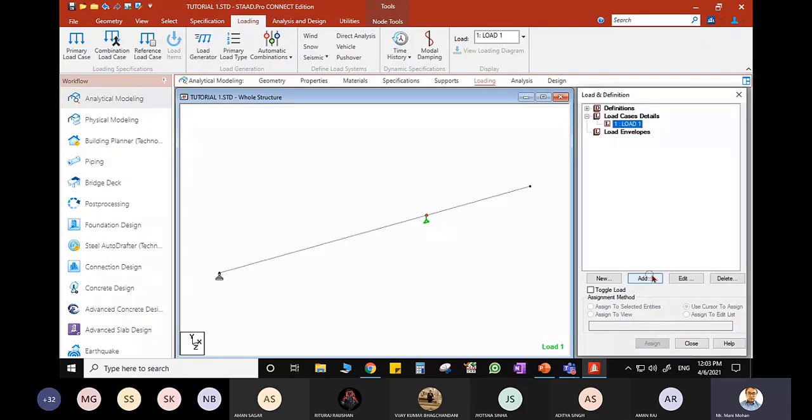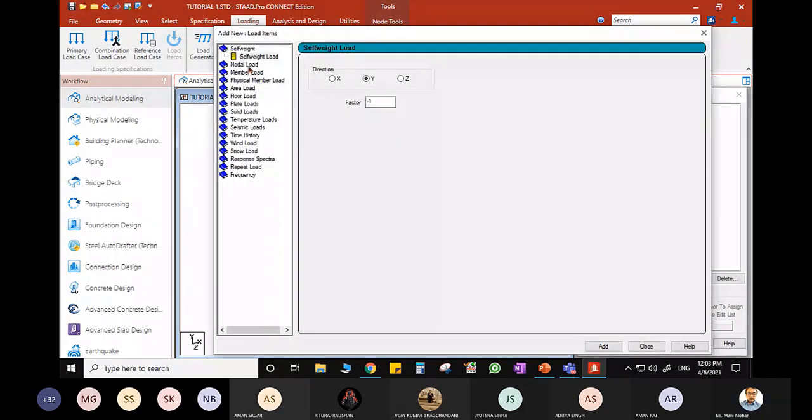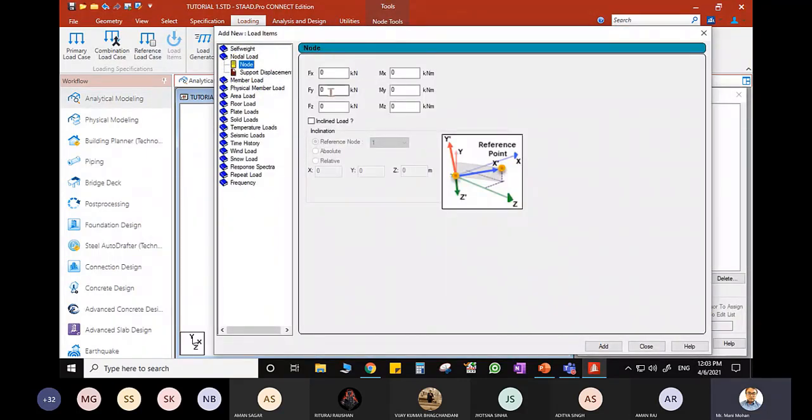Let me do this again. Add nodal load. In which direction is it acting? Global Y direction. So I'll write here Fy minus 15. It is not inclined, so I'll not be using this option. If I get a problem in coming days, I'll use this particular option, and I'll tell you how exactly you can apply an inclined load about a node or a member also.